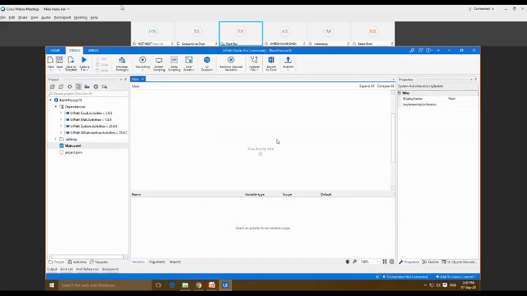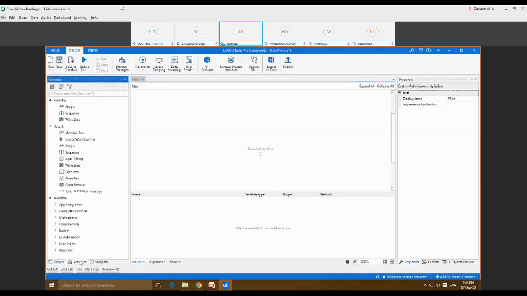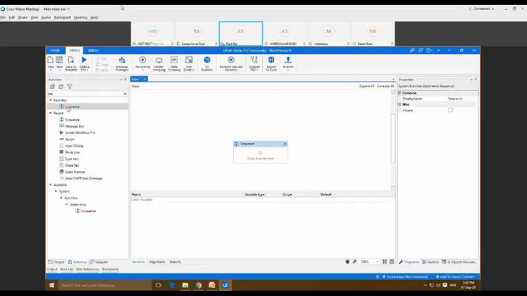Suppose this is our main panel, or the designer panel. If you are working on the sequence file, we can select the sequence file from the activity panel. You can see here, at the left bottom of my screen, we get this activities option. Once we click on this, from here we can select any type of file. Suppose you want to select the sequence file, we can select it here.